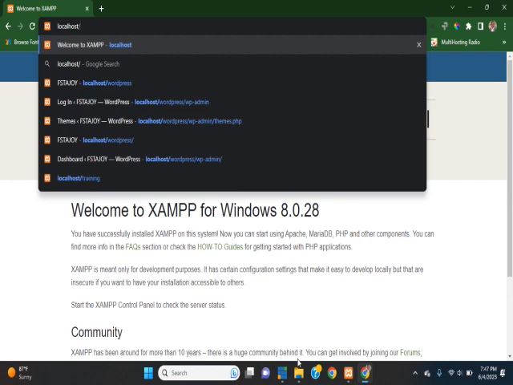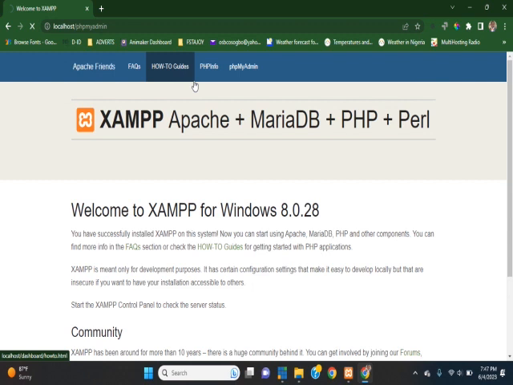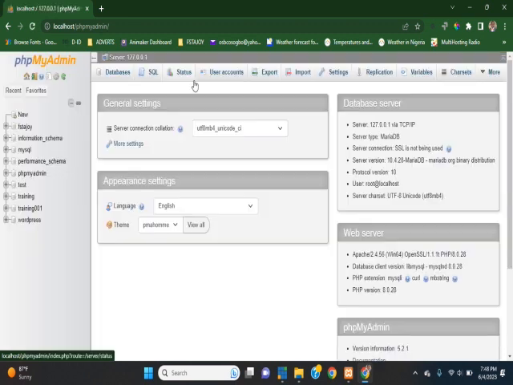So right now, having tested the XAMPP working, all we need to do is to create a database, and to do that we need to go to phpMyAdmin. So phpMyAdmin, localhost/phpmyadmin. So wait for it to load. Now this is our phpMyAdmin. So you click on database here